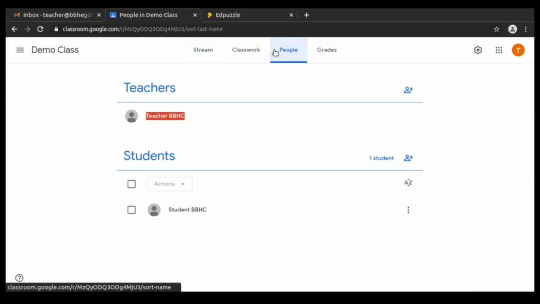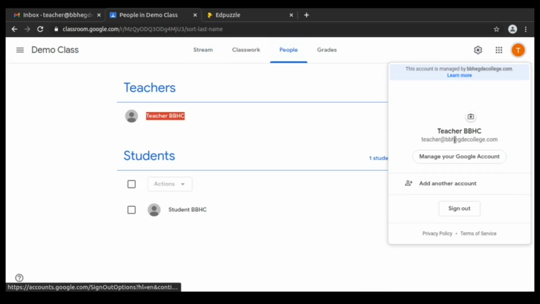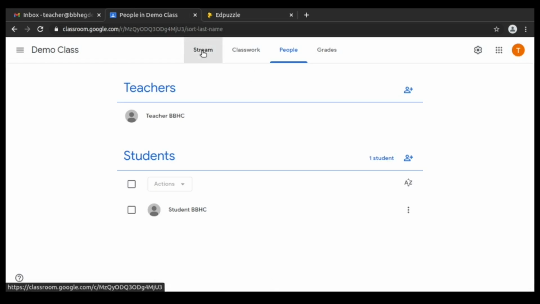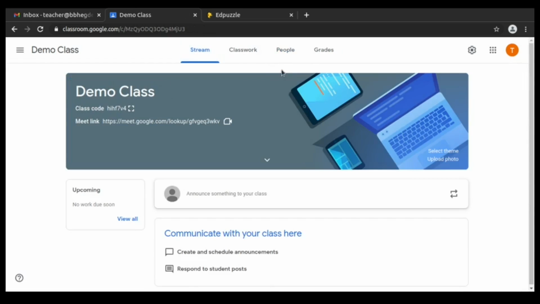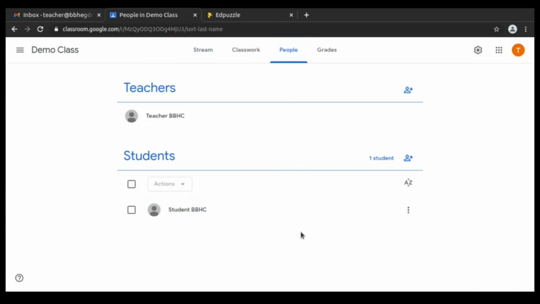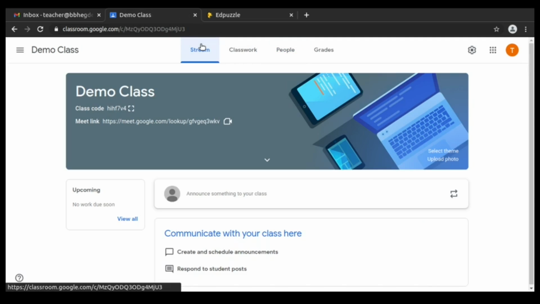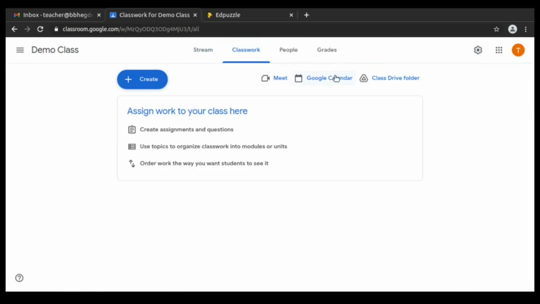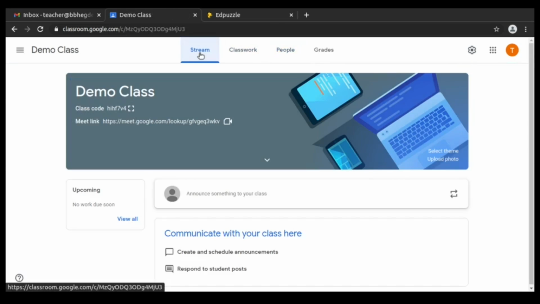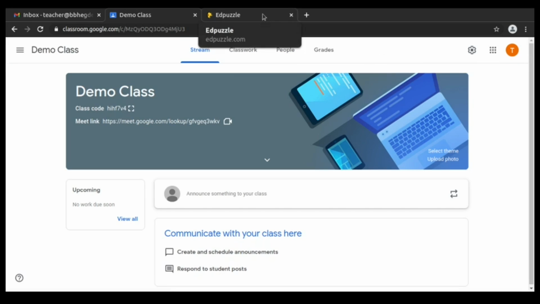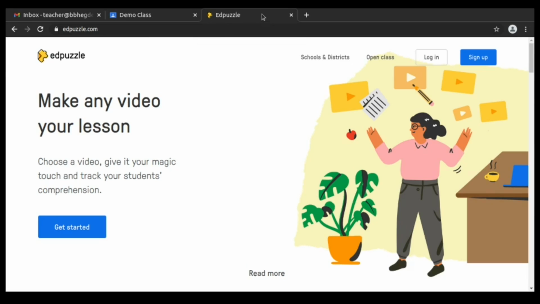So this is the prerequisite wherein I have my teacher account with the class already created, and I have students who are enrolled into the class. I don't have any class materials. I just have a student and the class ready. Now, once everything is set, we can create an account in Edpuzzle by using the same official email ID. Then we can utilize it, and creating an account is done only once. Later we just log in.